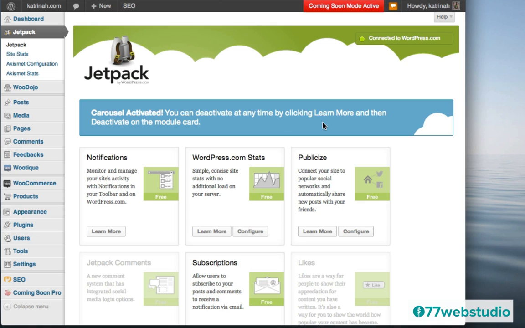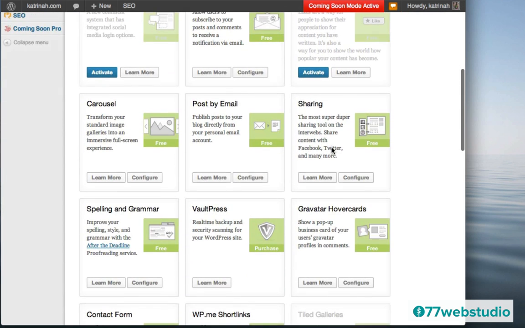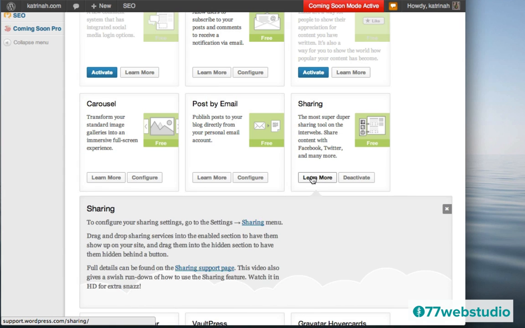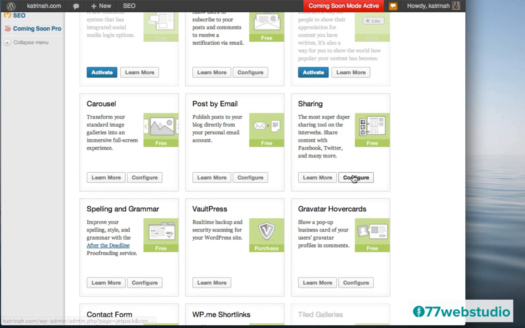Excellent. So I want to point out one other feature here that I really like within Jetpack, and that's the social sharing feature. It's located right here: the most super duper sharing tool on the interwebs. That is awesome. Share content with Facebook, Twitter, and many more. When we click on Configure here, you can click on Learn More if you'd like as well, to learn more about it and watch the video, but I just want to configure it, so I'm going to click on Configure.